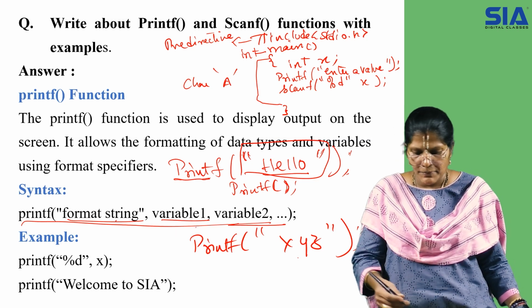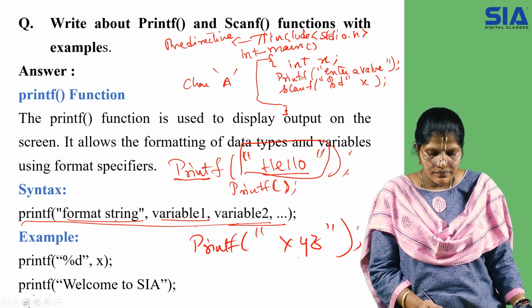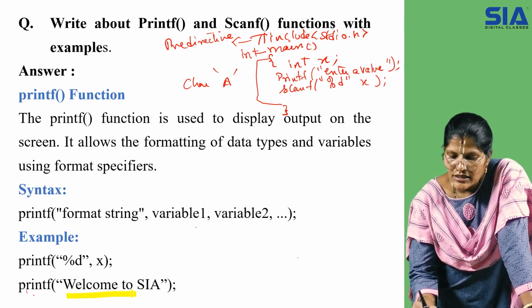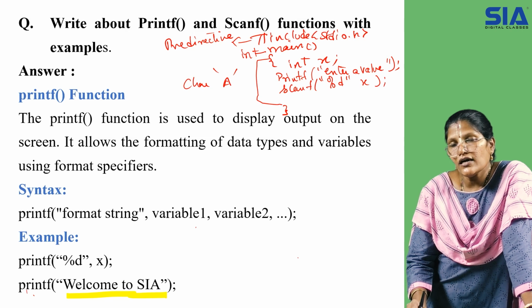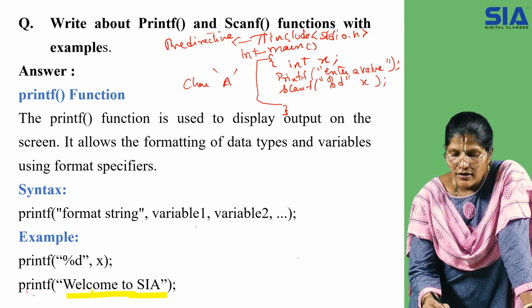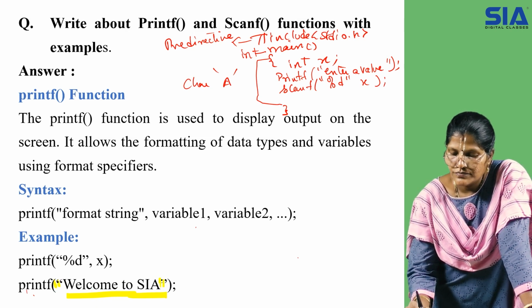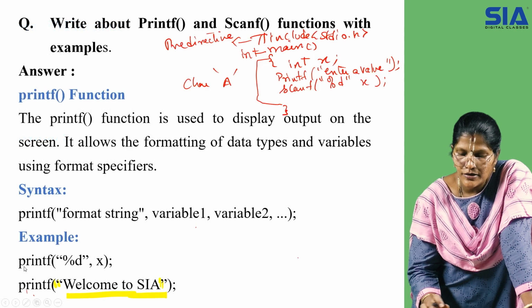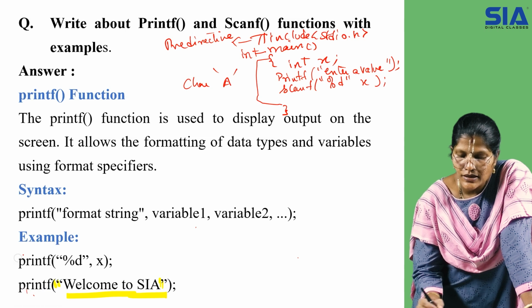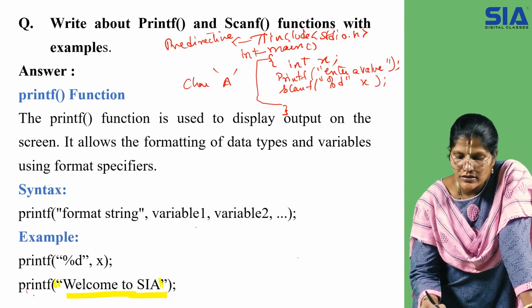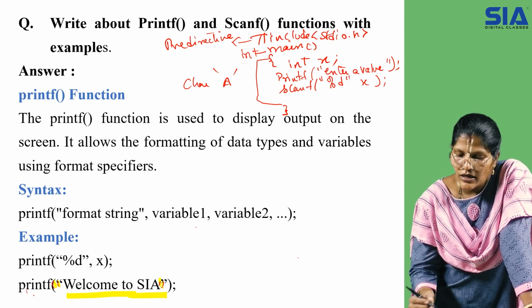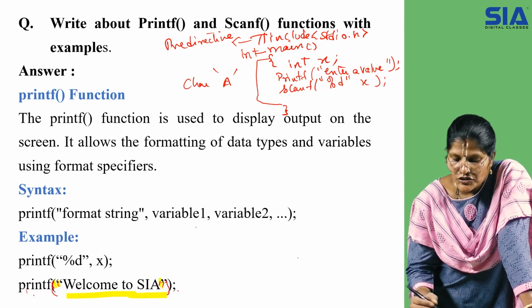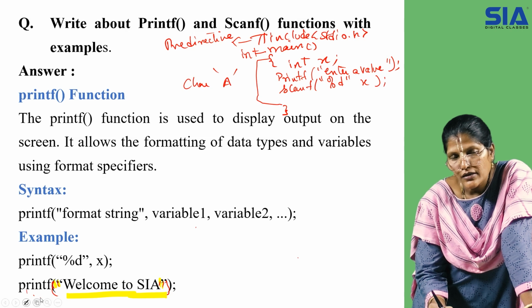Which variable name? For example, we will solve it with an example. Here it is given as "welcome to Sia". Welcome to Sia is a particular string which is given in double quotes. It is a set of characters enclosed within double quotes, and because it is given within a function, it has to take the help of the function called